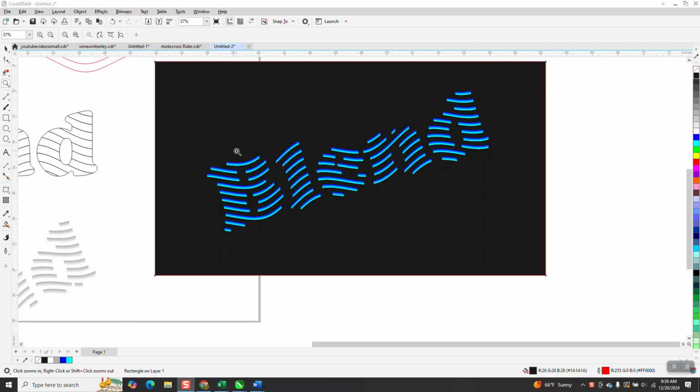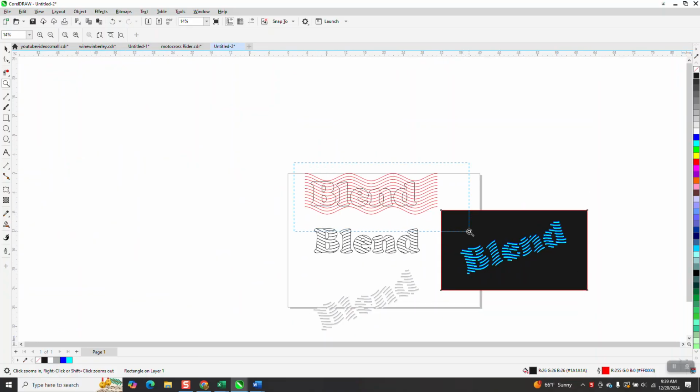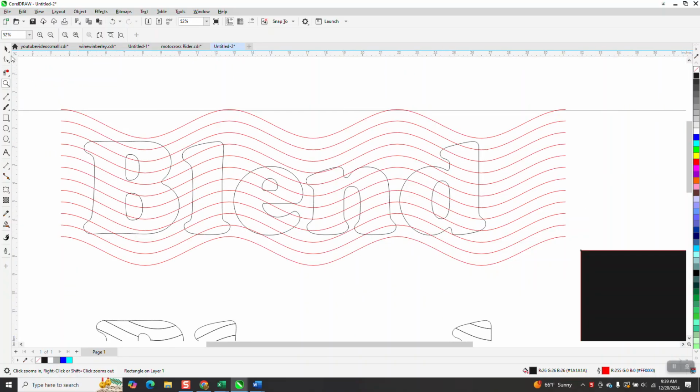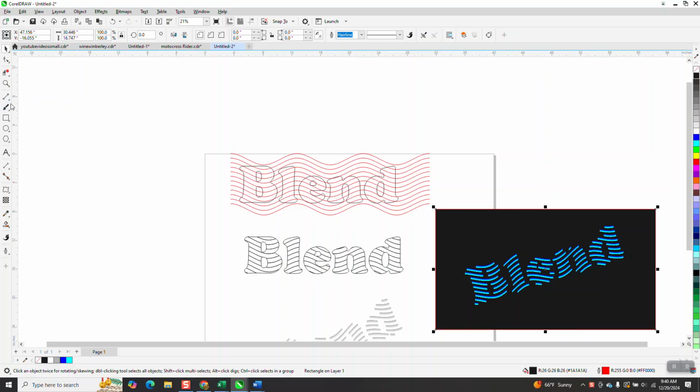Hi, it's me again with Corel Tips and Tricks, part 2 of this. Didn't really mean to make a second one, but somebody watched the one I just made yesterday, and they asked how I made those wavy lines. There are several ways, but the way I find is easy is to take a 2-point line